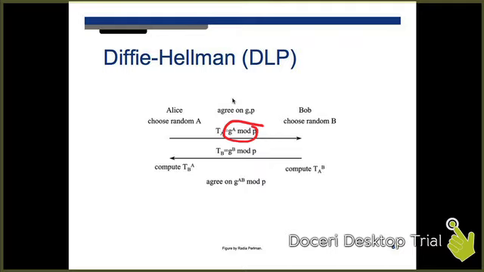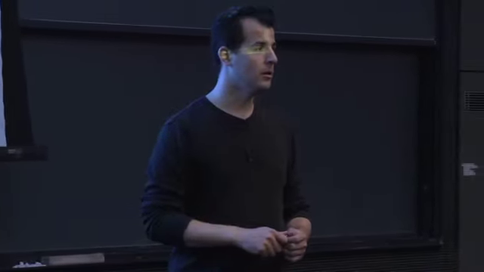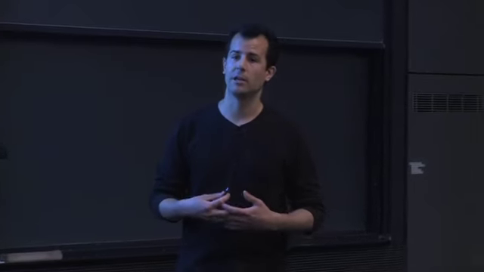Bob does the same thing, but using his B instead of A. So he gets some number, sends that across the internet. At this point in the story, Alice has sent that first box. Bob has now sent the second box. And so now Alice has what? She has A, because she came up with it, and she also has T sub B. Similarly, does Bob have B and T sub A? Those are the values that have now been exchanged.